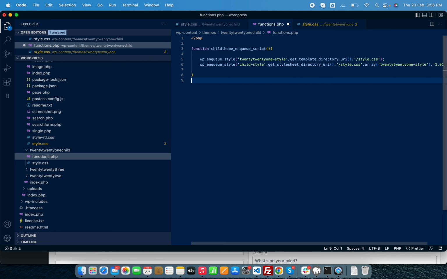Now you need to call that function. For this you need to add an action name. The action name is wp_enqueue_scripts, and now you need to call your function name. My function name is this.